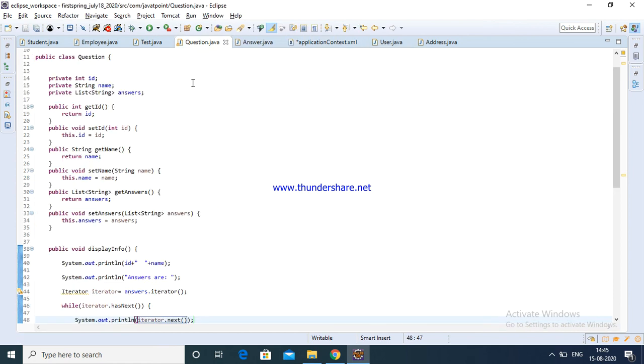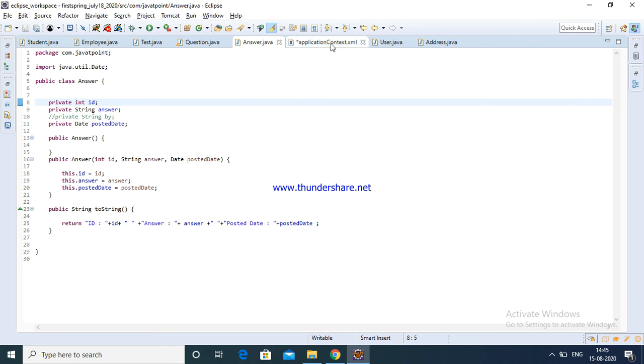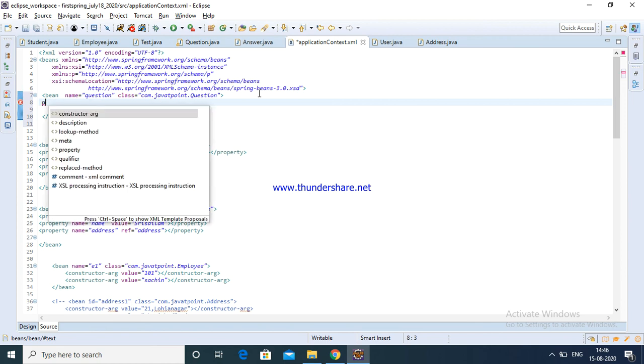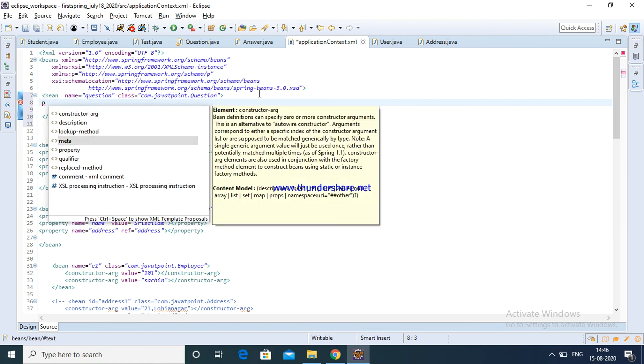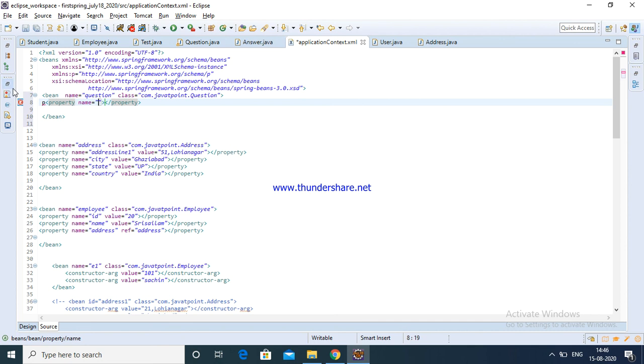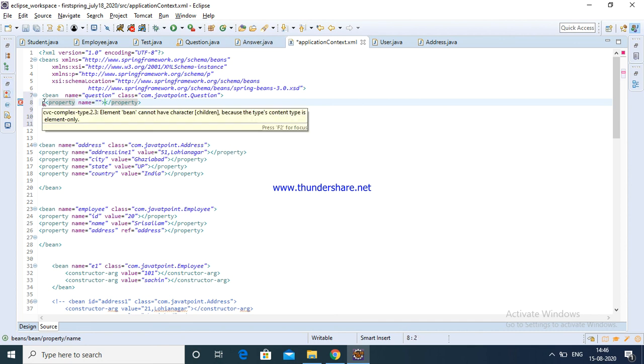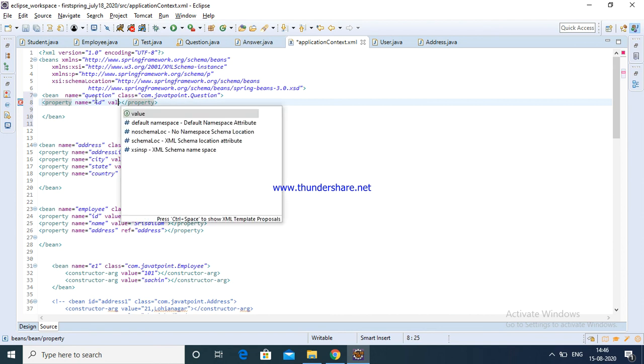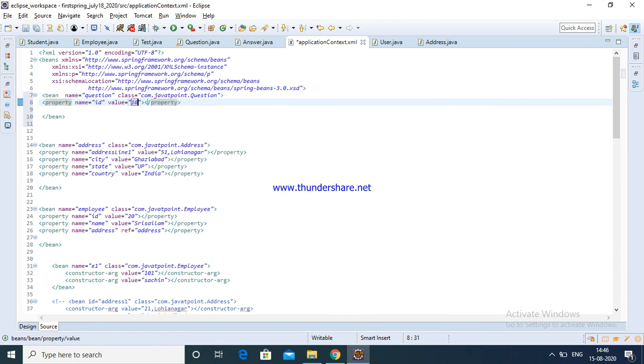Okay, same way, Question class properties: ID, name, answers. Property, ID, value 10.